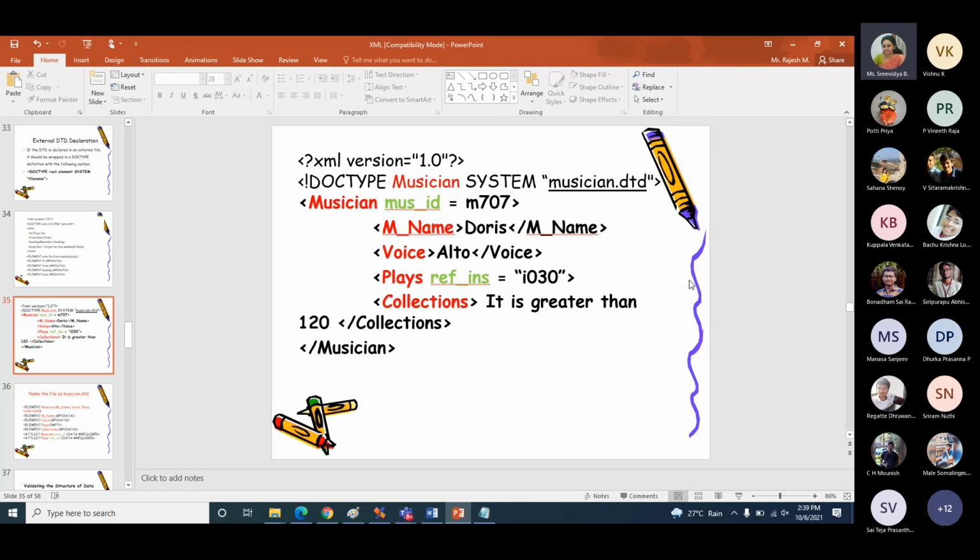Could you write the DTD for this? Yes, sir. We already discussed the same question, sir. So you should be having a DTD with you. I just want you to write that into the XML validator. Write this code also into an XML file, save it, and validate it against it. Is that happening?